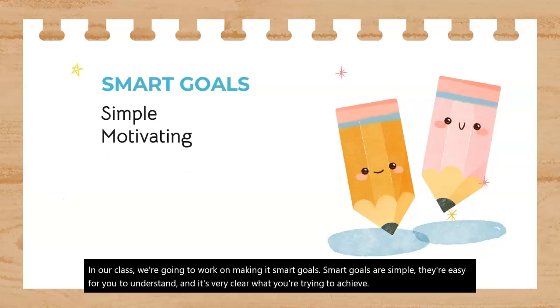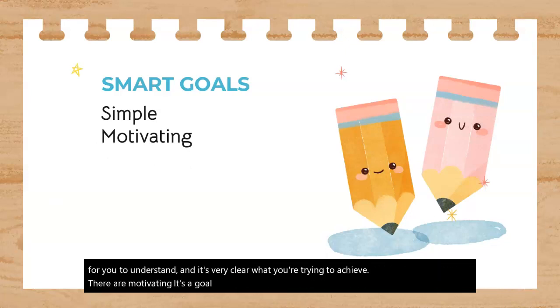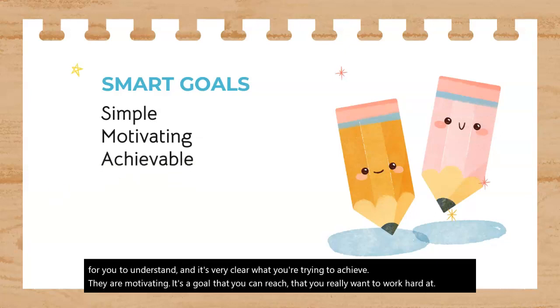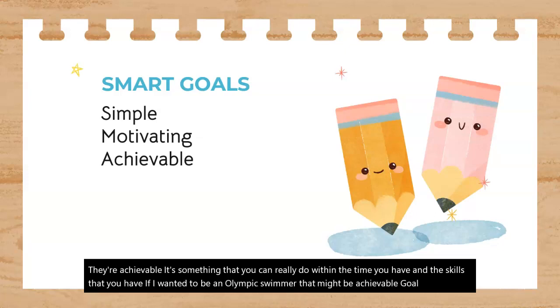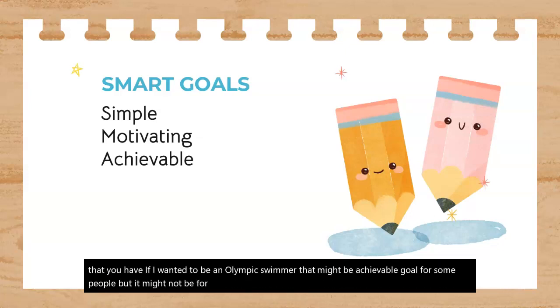They're motivating. It's a goal that you can reach, that you really want to work hard at. They're achievable. It's something that you can really do within the time you have and the skills that you have. If I wanted to be an Olympic swimmer, that might be an achievable goal for some people, but it might not be for others. So we want to keep our goals small so that we are looking at what we're